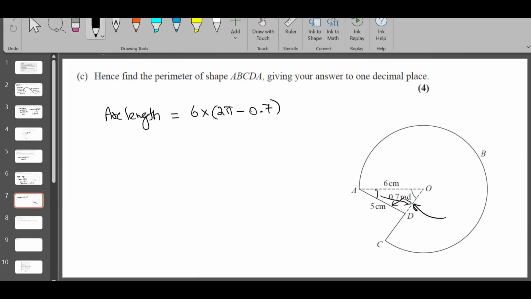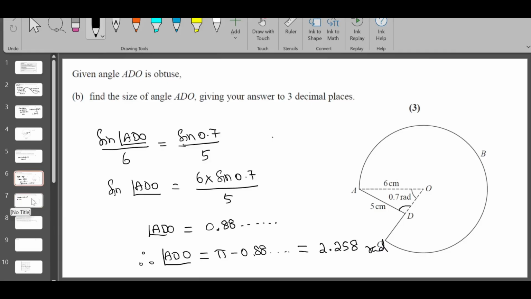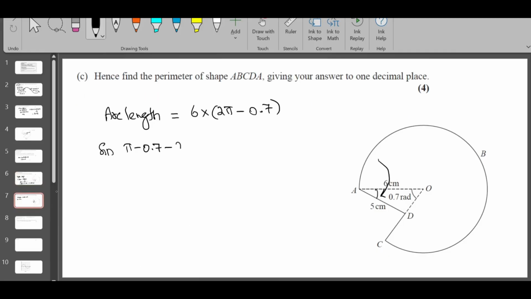How do we find this little angle? Angles in a triangle add up to 180 or pi. So this angle will be pi minus 0.7 minus the angle we just calculated, 2.25,